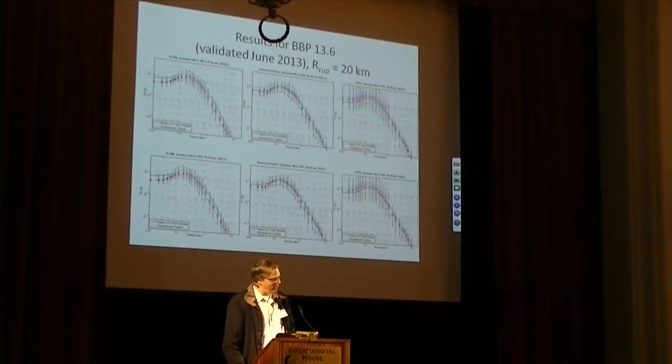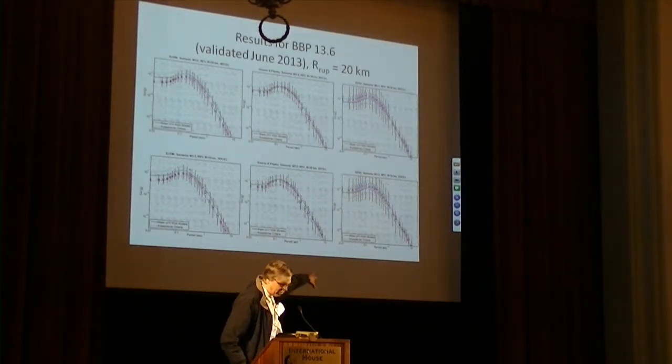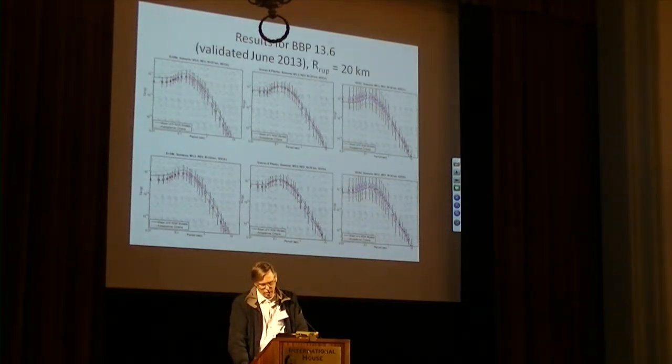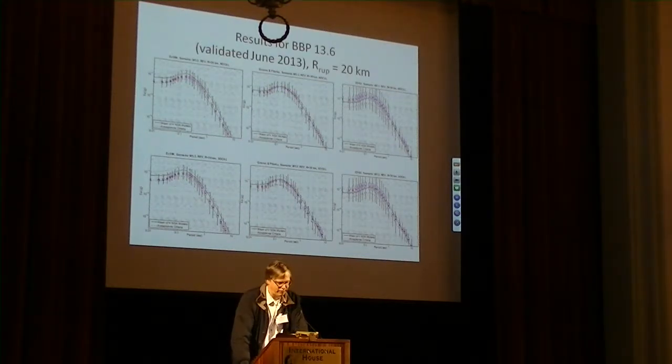If you remember on the Part B validation, from our workshop 2, we had a target range and then a range of allowable models, and that's shown by the dashed lines. The simulations then have a data point. The red point is their average value, and then we have box plots showing you the range of the values. On the left-hand column is XSIM, the center is Graves-Pitarka, and the right is SDSU. Our criteria for passing the validation is that in the period range up to 3 seconds, these should be falling within those dashed lines. So we just have a pass, no pass